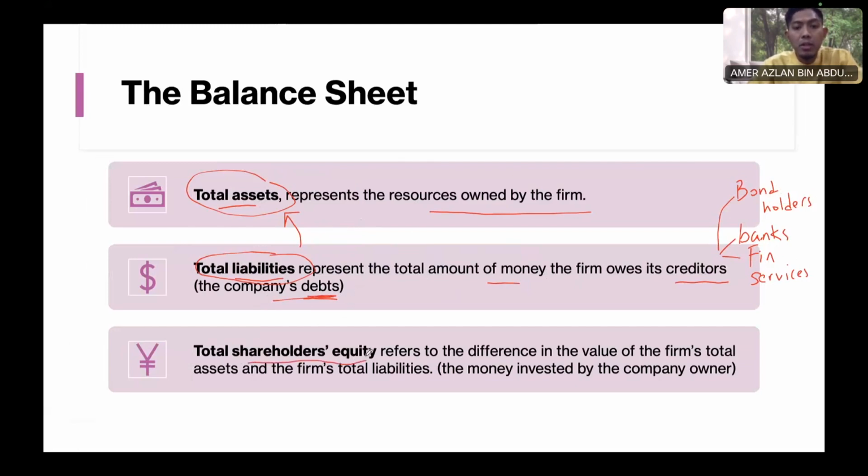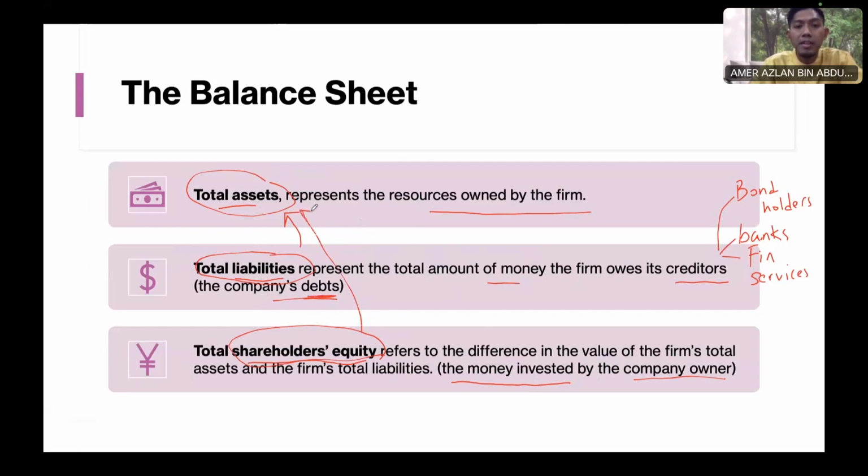Meanwhile, total shareholders' equity refers to the difference between the value of the firm's total assets and the firm's total liabilities. Or in other words, the shareholders' equity is the amount of money raised or invested by the company owner. So shareholders' equity, again, is a source of capital raised through equity, and this is the money that the investors invest